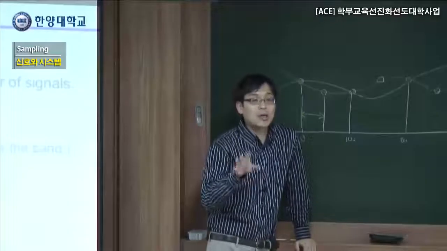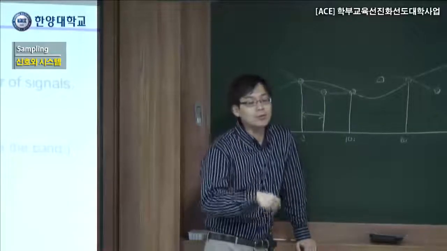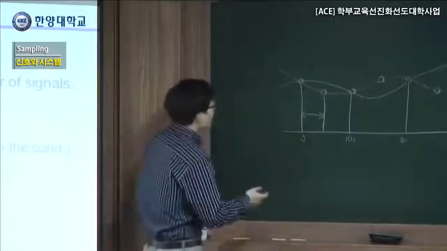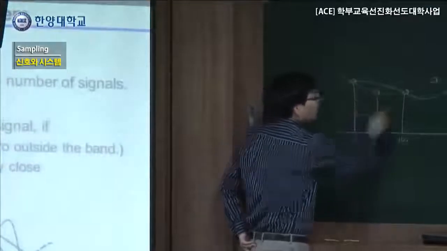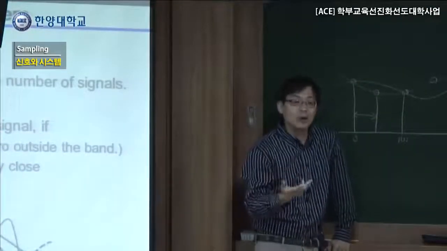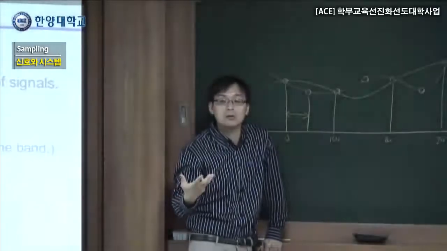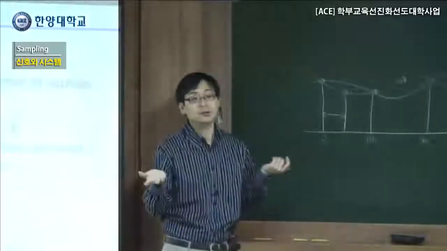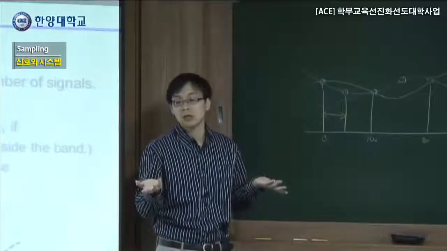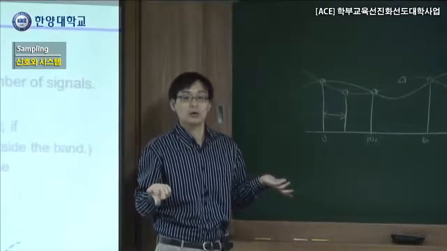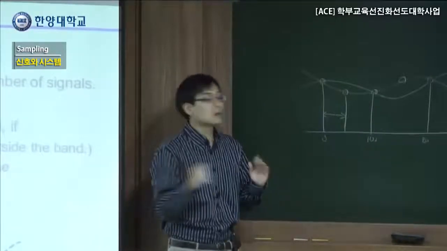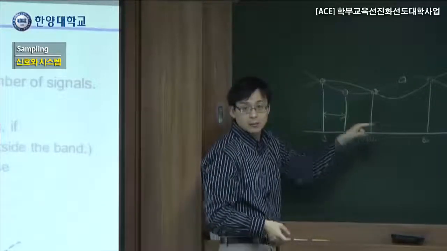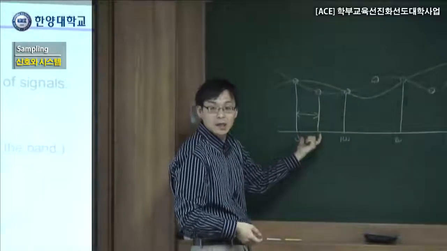One way we can resolve this issue, we cannot completely solve this issue. However, one way you can resolve this issue is picking up data finer. We have more data to find out the original value. Those are the two things we are talking about, which is pretty straightforward. If you have more data, then you will have a more accurate estimation of the original value. That's right. So keep in mind, if you have more data, it means we have a narrower spacing in time.